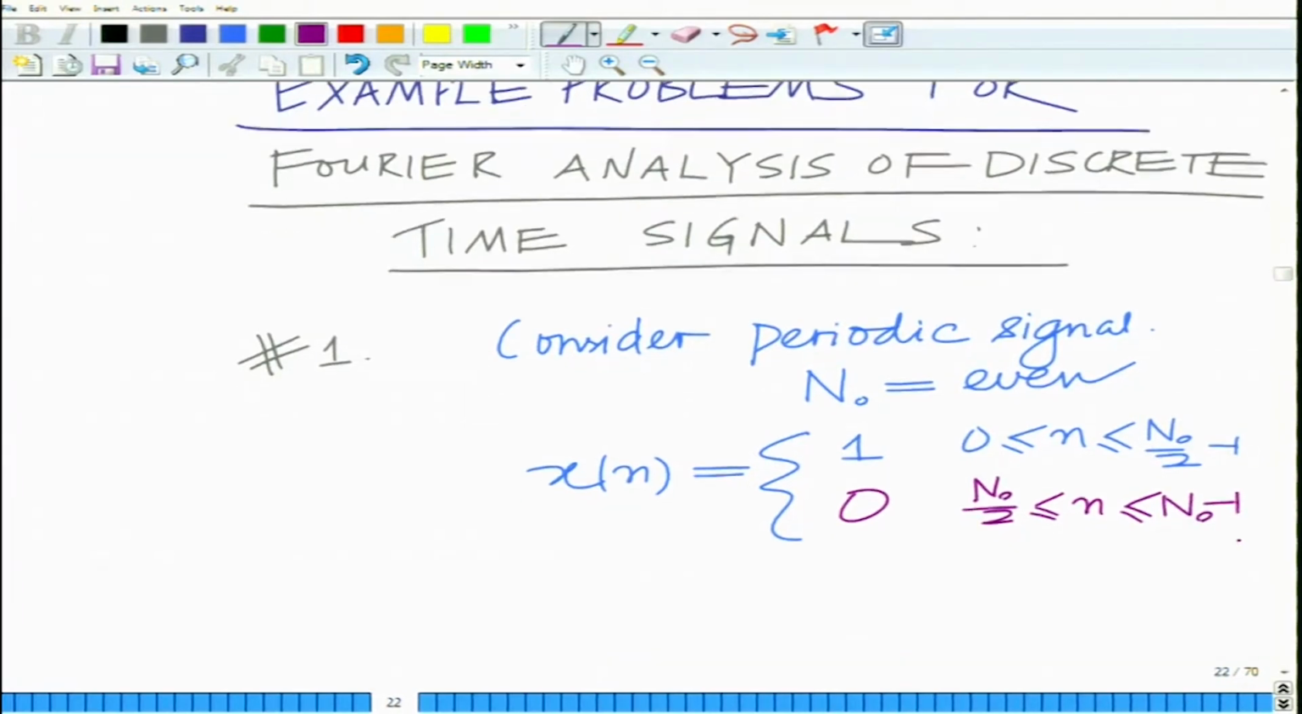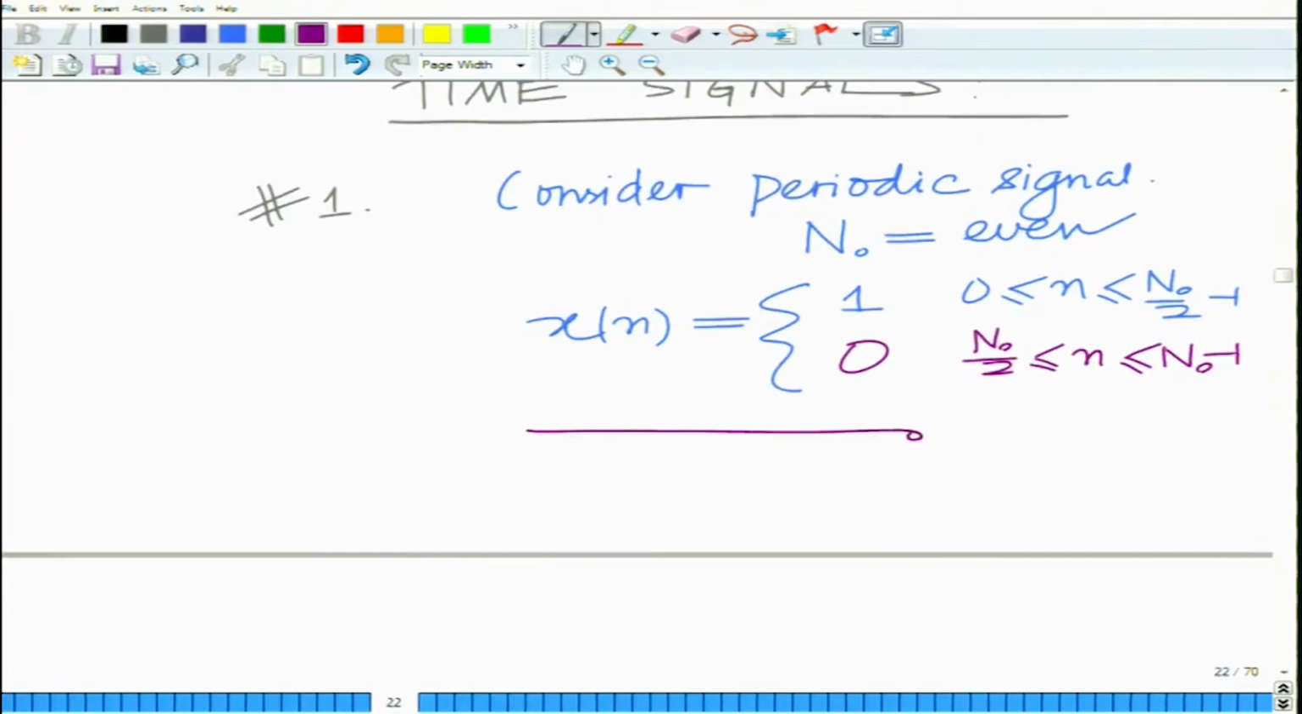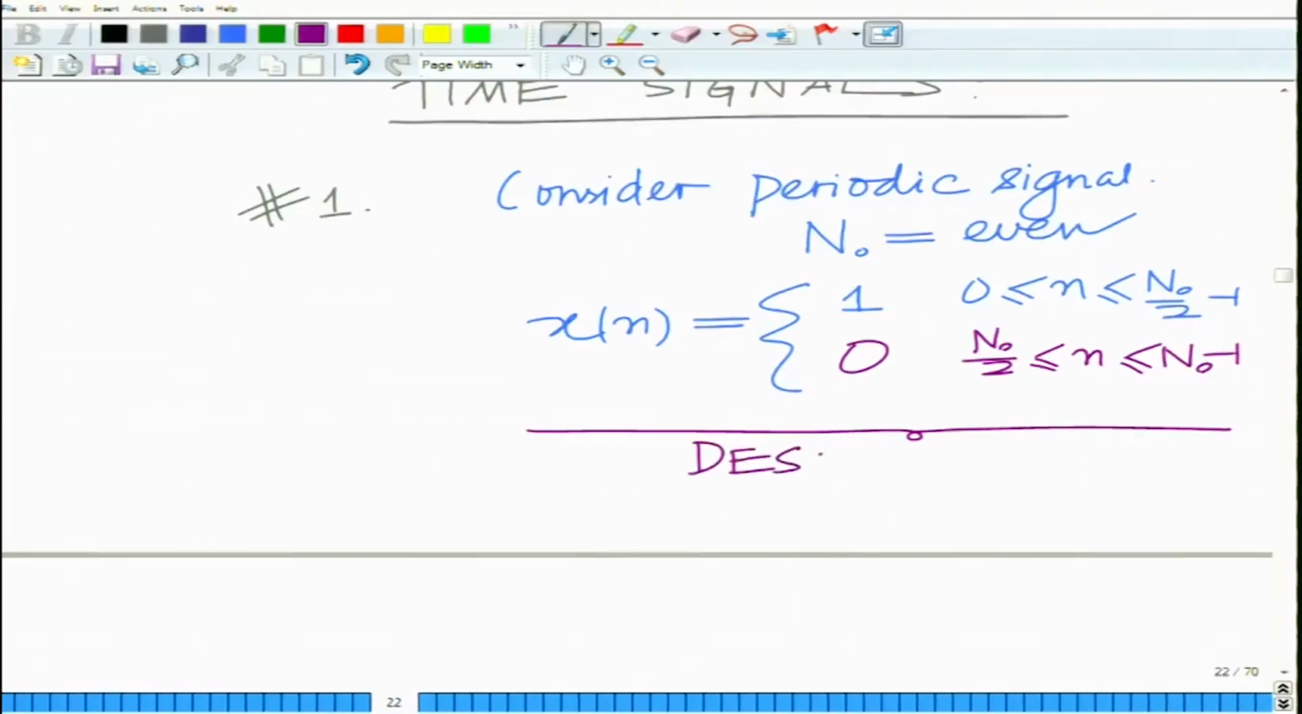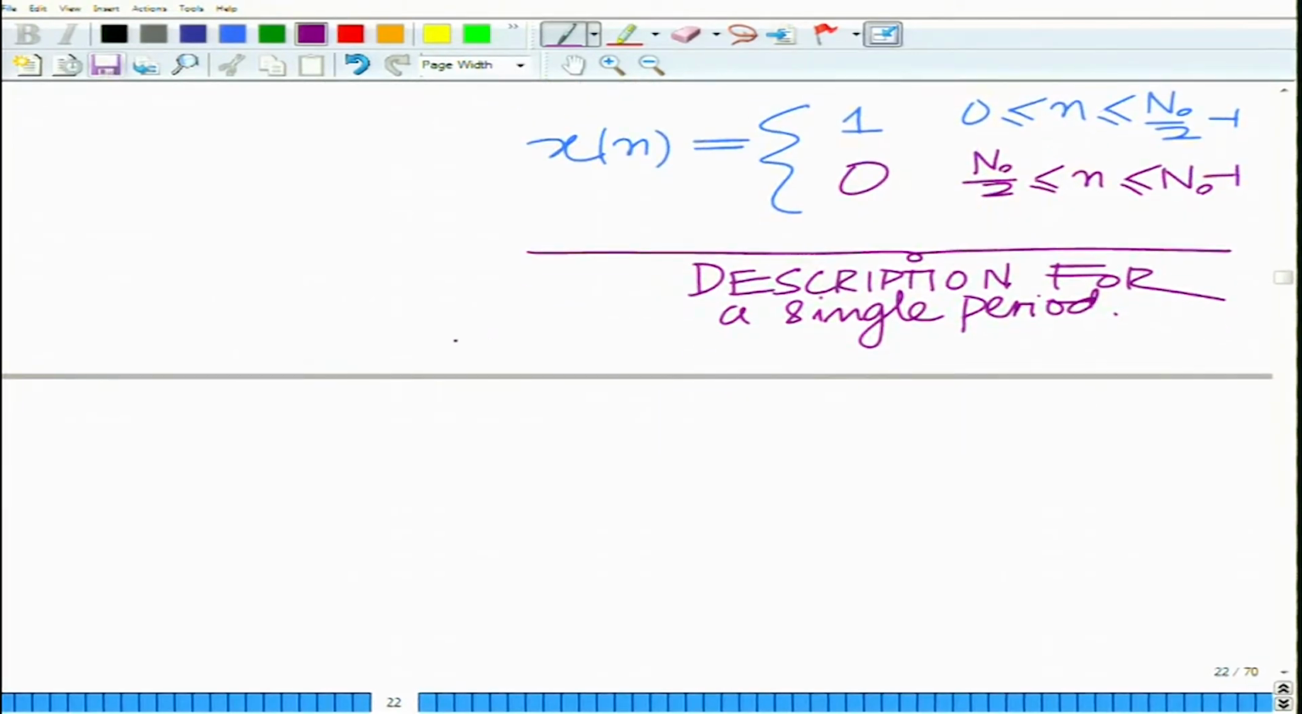So, this is basically the description of it in a single period, and then it repeats. This is for one period N naught, and then again it repeats. Now, what is the discrete Fourier series, the DFS,